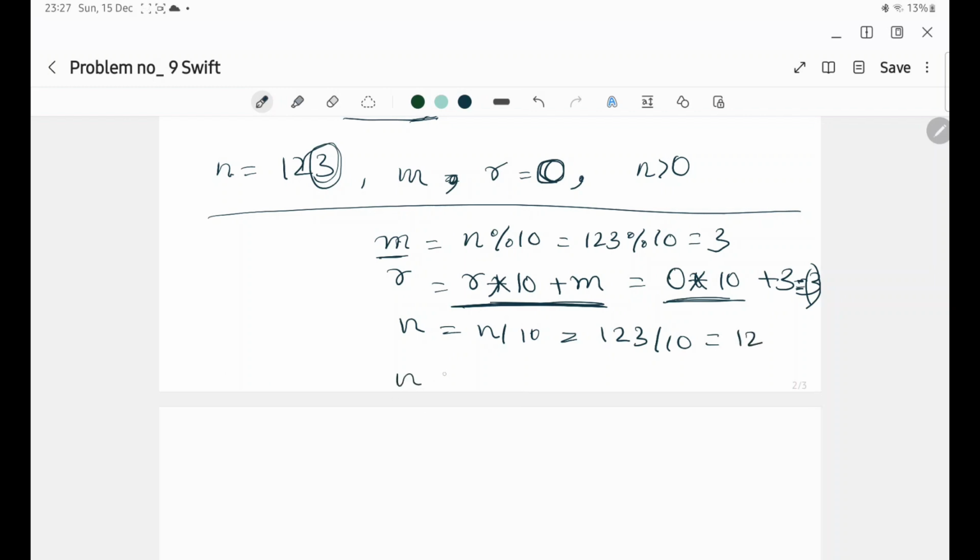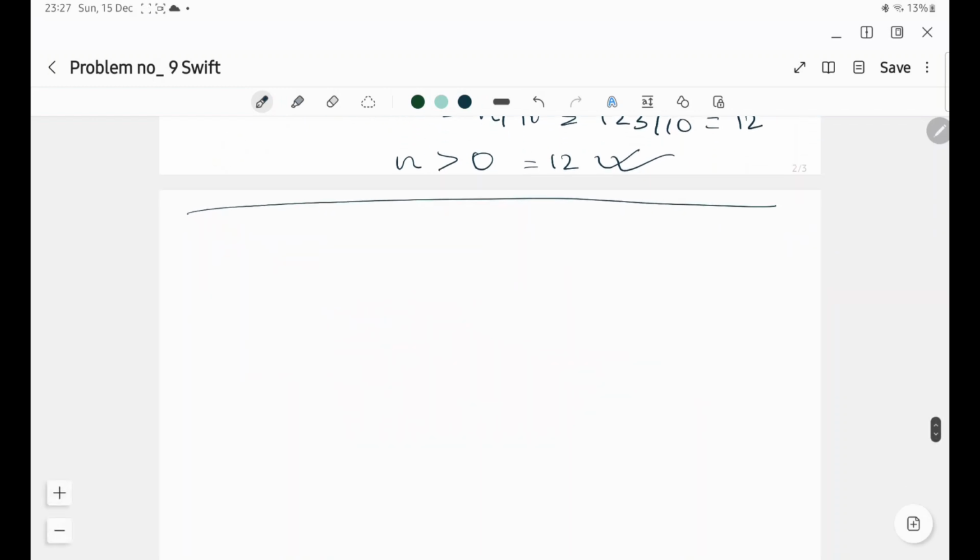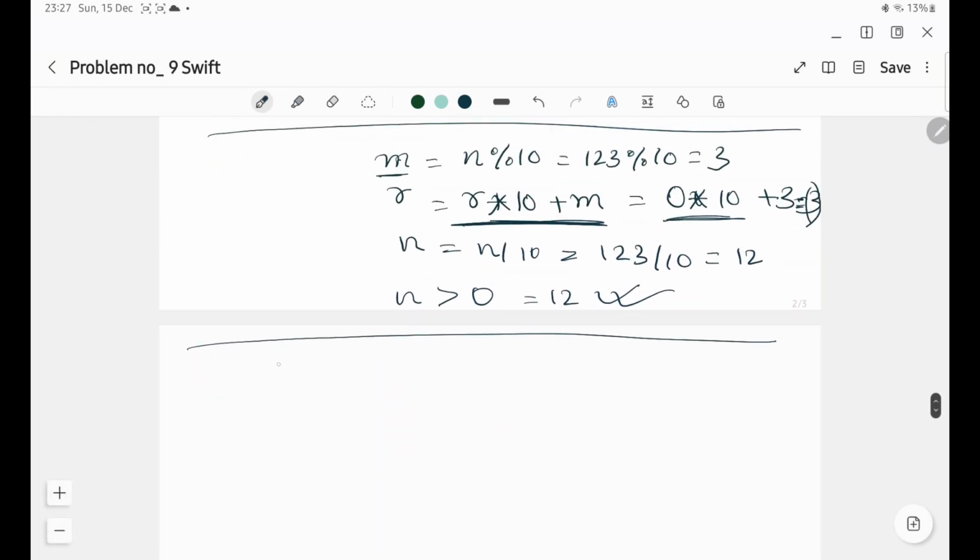Now we check, is my n greater than 0? Of course yes, because it is 12. So we go for the next iteration. In the next iteration it would be like